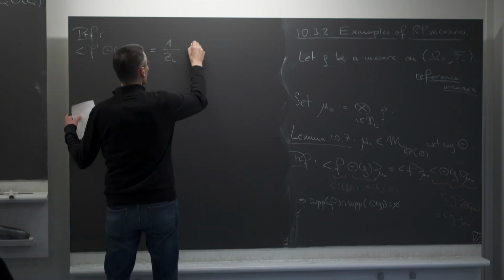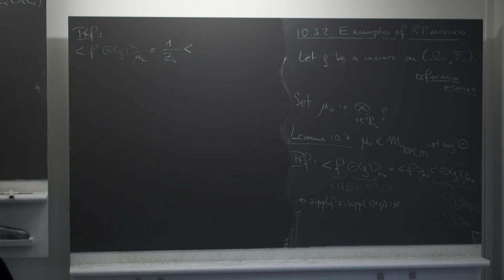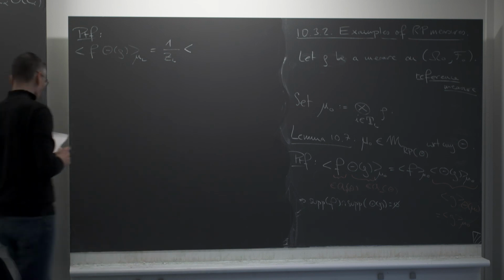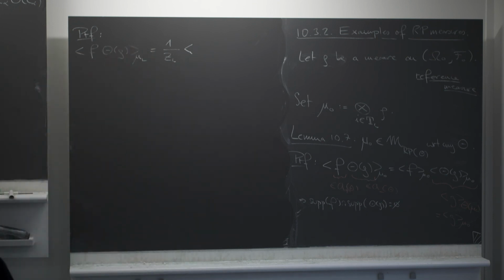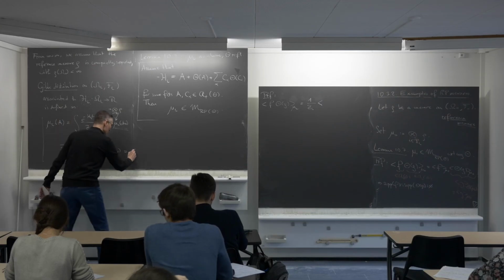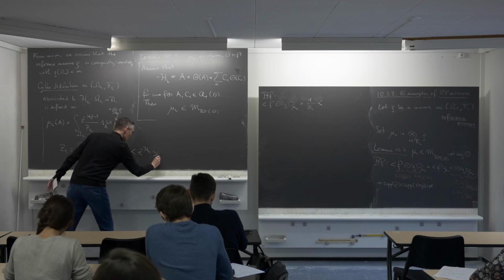Then you get, this I could have maybe said here. Is it worthwhile saying it in general? Okay, let me say it here. At the level of the partition function, for example, it's easier to write. So this I can, of course, write. You see that it's the integral over omega L against the measure mu 0. So I can see this as the expected value of e to the minus H L under mu 0.